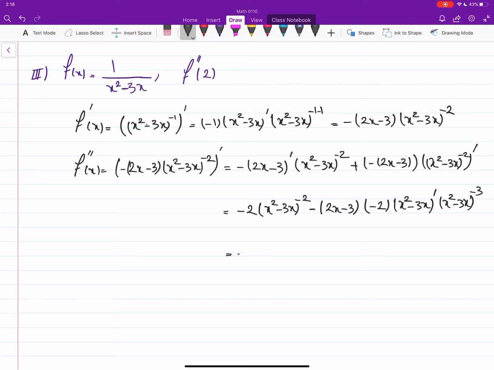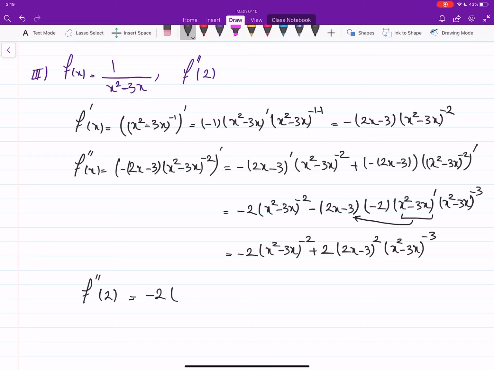Let's do a little bit more work here. So (x squared minus 3x) to the power negative 2. This derivative will be the same thing as there. So we will have plus 2 times (2x minus 3) squared, and (x squared minus 3x) to the power negative 3. Let's just leave it that way, and then the second derivative at 2 will be negative 2 times